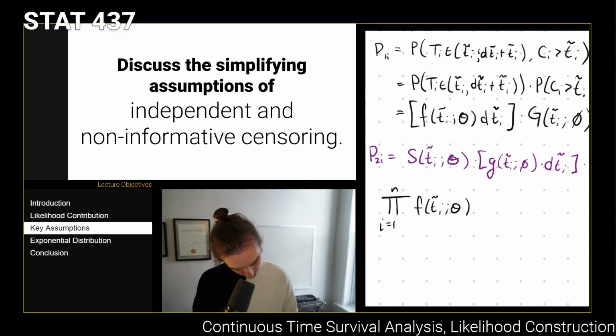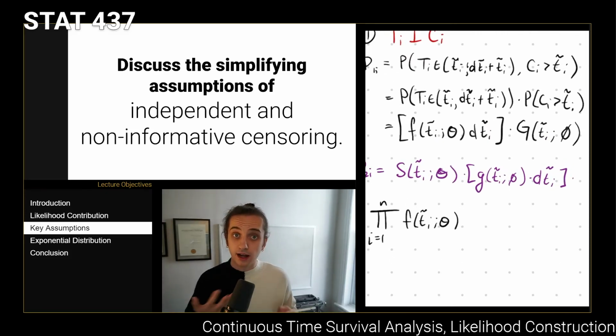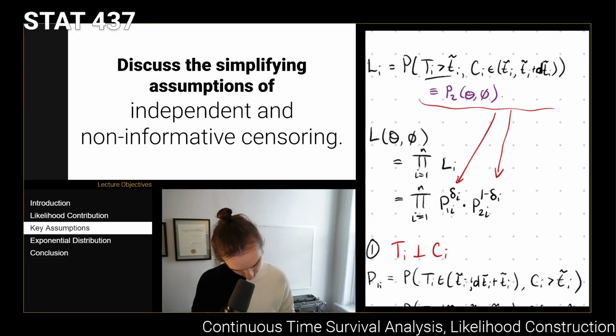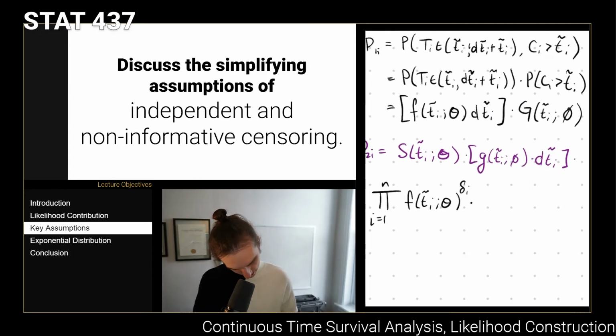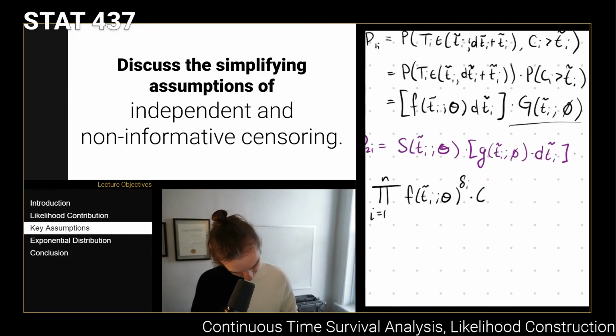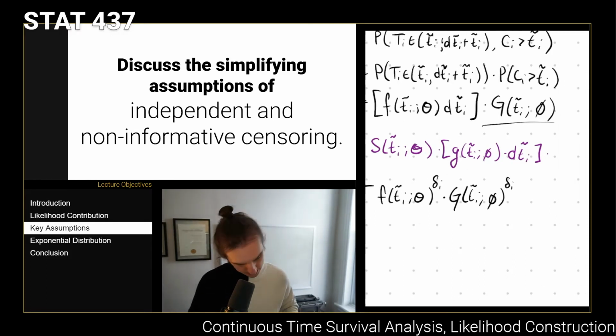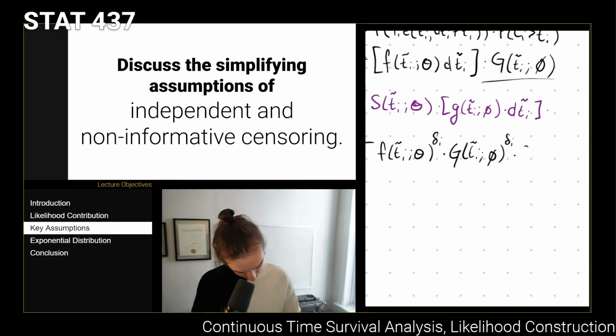This first component is P1i, which is always raised to the power of delta i. If we go back up here, P1i to the delta i, so we have this component to the delta i, times the survivor function of the censoring process. That's also going to go to the power of delta i, and then we have P2i to the power of 1 minus delta i, so that's going to be the survivor function here, to the power of 1 minus delta i,